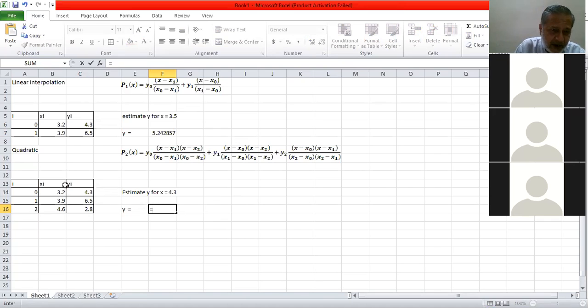I have same x naught, y naught, x1, y1. I have an extra value: 4.6 for x, and y value 2.8. So I start with applying this formula,